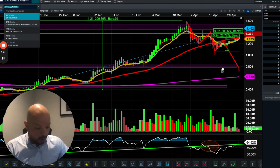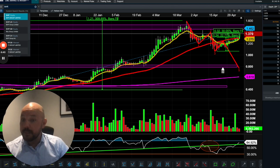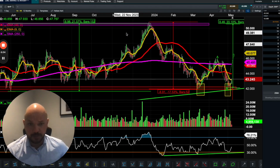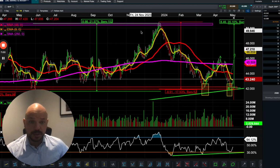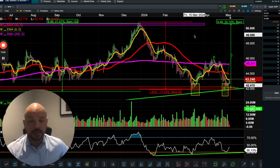Now, next stock is first one. It's maybe a bit boring for you, but let's say if you don't know where to put your money on the stock market, this could be an interesting stock to look at. BHP Group. It's number one in the world iron ore producer. Also has a really good copper project as well, and